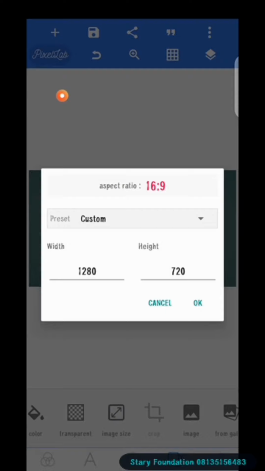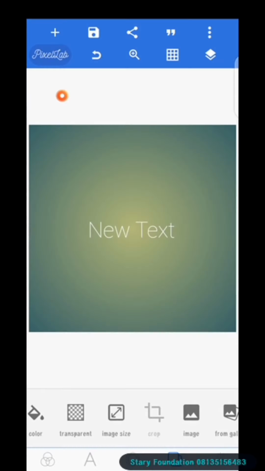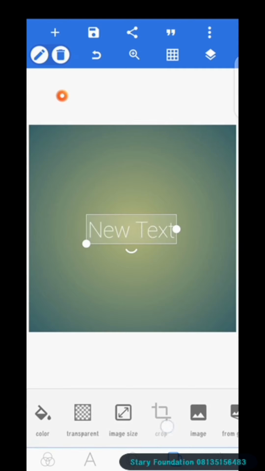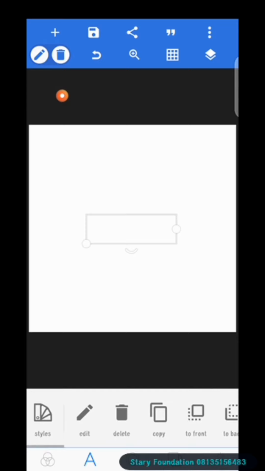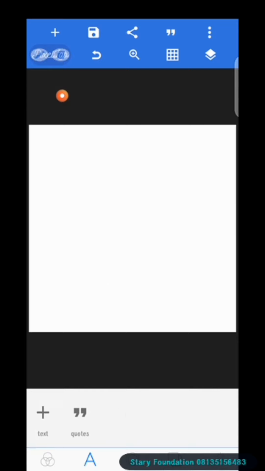You see under image size, you can have Facebook, you can have the square size, but we'll be making use of this square size because that's the Instagram size and it's suitable for WhatsApp and Facebook and other social media. So we'll be making use of square. Click on the last button there, you see change background color. You can always change background color. So under the fourth slide, the first button there, you see color. So just click on add text there, and